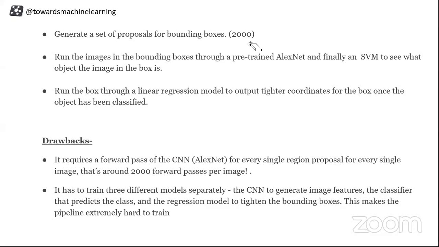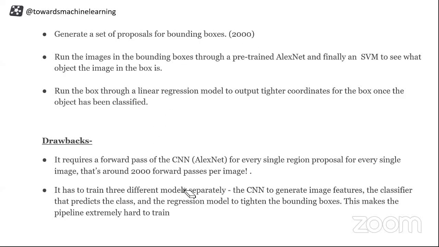And what is the disadvantage over here? The disadvantage is you have 2000 forward passes. Now imagine you have 2000 regions of interest, and you are passing them again and again to the CNN. If you don't use a region proposal method, you might be going for a sliding window. Now imagine how many windows that might give, if the selective search itself is giving 2000 regions of interest. We don't want our architecture to be invoked 2000 times for a single image.